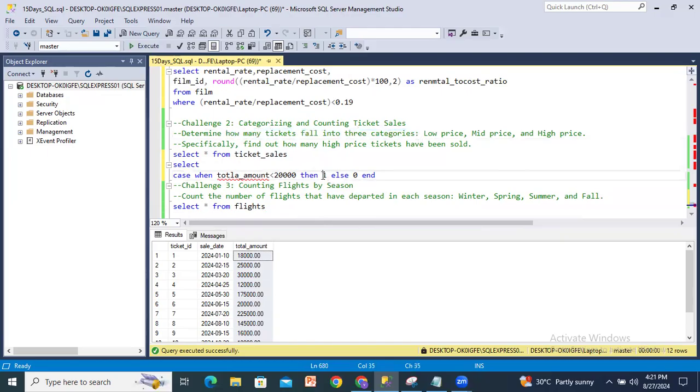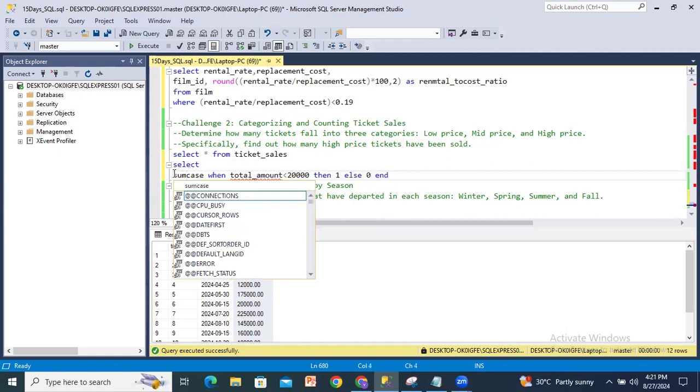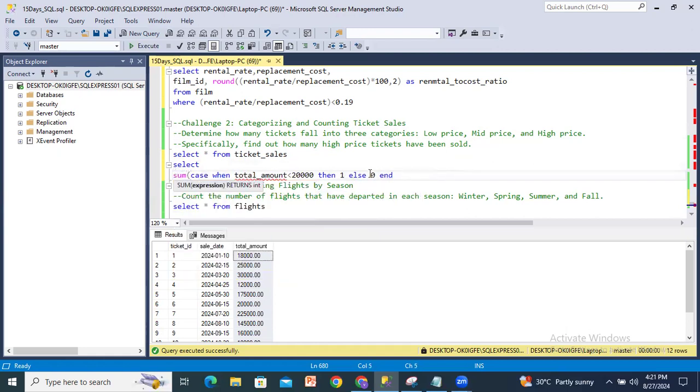So we have to take the count here of total amount. After this one, I'll do sum of this entire thing, as low price, or else I'll copy the column name, as low price,